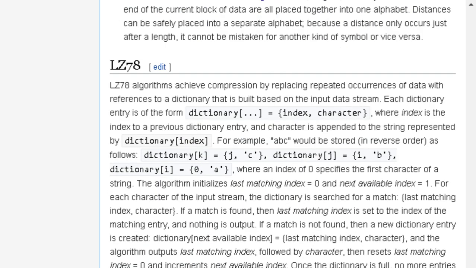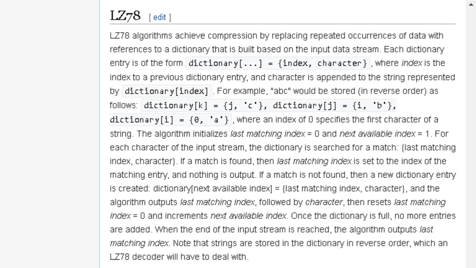LZ78. LZ78 algorithms achieve compression by replacing repeated occurrences of data with references to a dictionary that is built based on the output data stream. Each dictionary entry is of the form dictionary[...] = {index, character}, where index is the